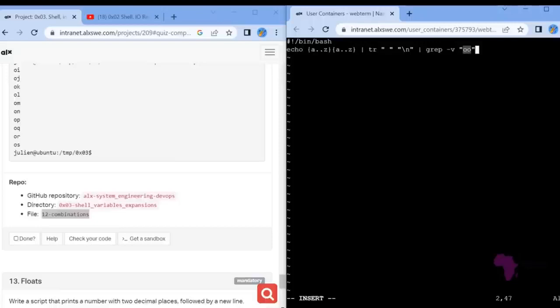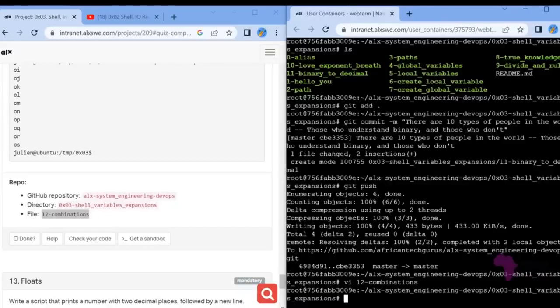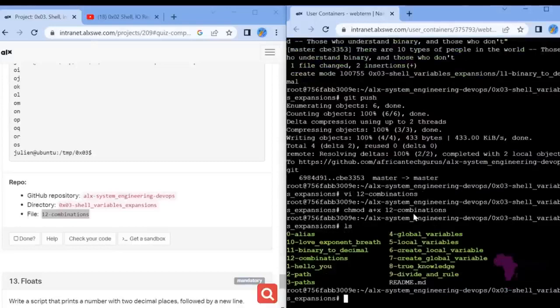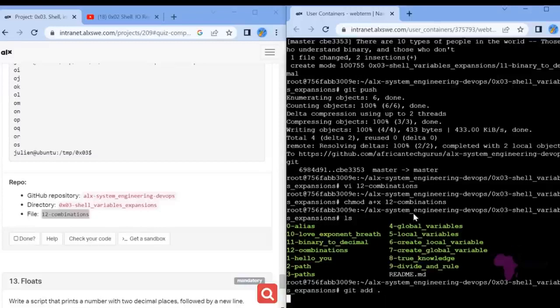So what it does, that's echo, you print on the console. And then let's quit like that. And then we chmod, that is change the file into executable file. You want to change it into executable file like that. And then we list file to be sure that we have changed. Yes. So git add like that, git